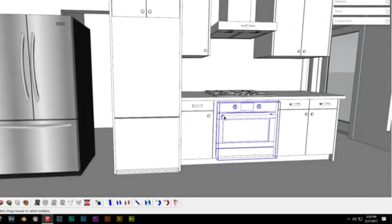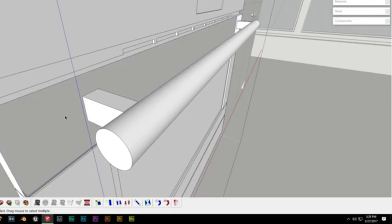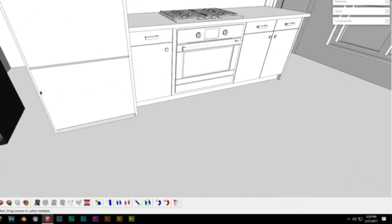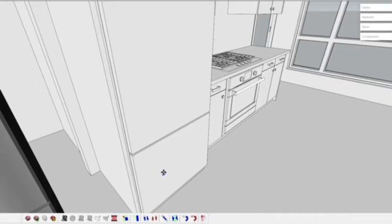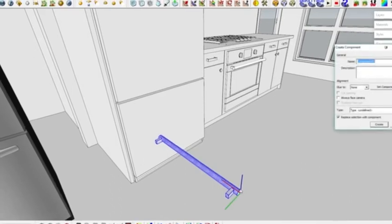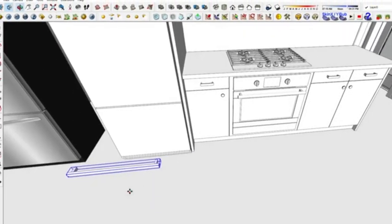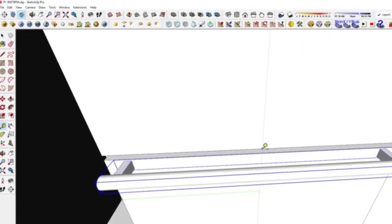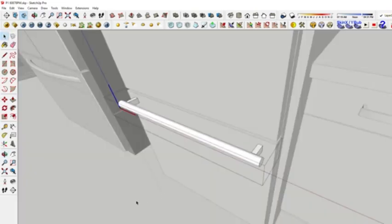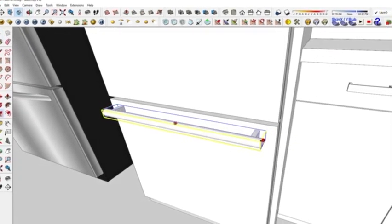And so we'll do the handles, and we'll just try it at least for now. So we'll go to the oven and delete this piece and copy the handle from here. And we can just paste it onto the surface of the refrigerator and pull it out. We can just group this. We'll just say handle generically. Rotate it to fit the freezer. So just pull in a guide here and try and find the center of this. And we'll just scale it down a little bit, just so it's not too close to the edges of the